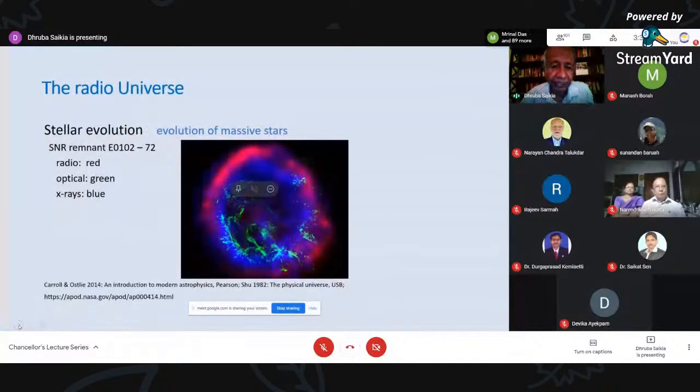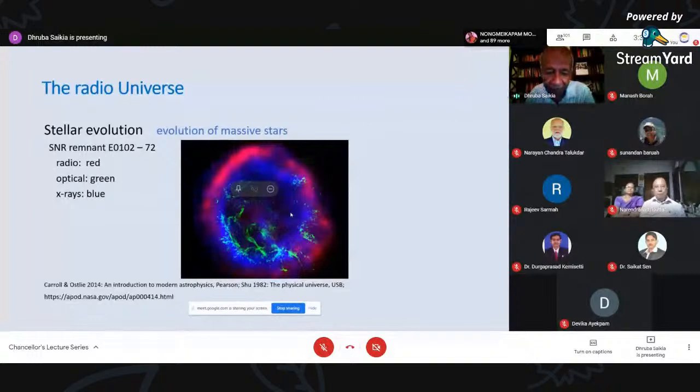From the large scale of galaxies and the universe, let me tell you a little bit about small scales. This is a picture of what is called a supernova remnant. This is when a massive star explodes at the end stages of its evolution. This doesn't happen to a low mass star like our sun. Low mass stars die more quietly, like a poor old man, whereas these rich or more massive stars